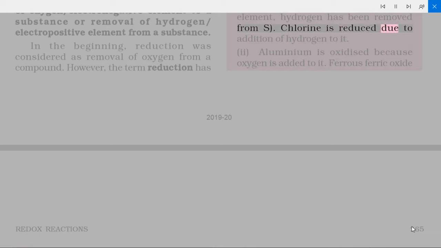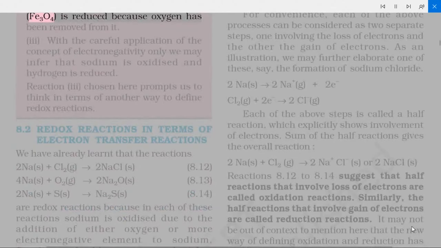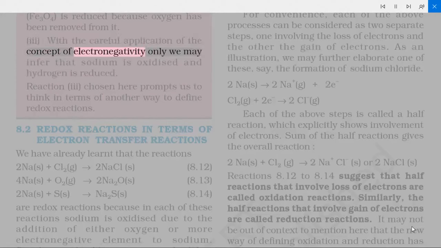Chlorine is reduced due to addition of hydrogen to it. (ii) Aluminium is oxidized because oxygen is added to it. Ferrous ferric oxide, Fe3O4, is reduced because oxygen has been removed from it. (iii) With the careful application of the concept of electronegativity only, we may infer that sodium is oxidized and hydrogen is